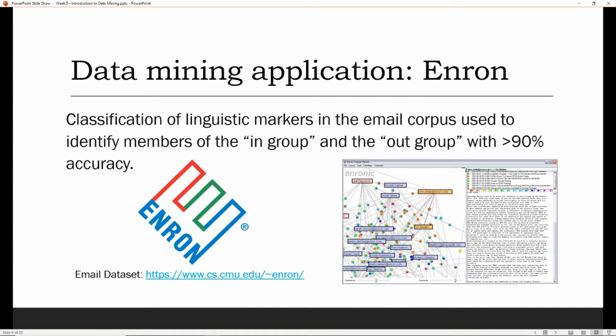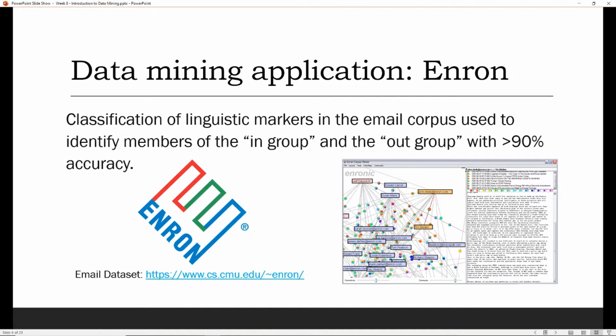Enron engaged in many illegal activities, including that of rerouting power in the western United States, and it provides an important email corpus for the purpose of linguistic analysis. So the corpus is available here if you would like to check it out. It essentially is the text of all of the emails that were sent to and from members of the Enron organization. And much work has been done in the area of classification in terms of, for example, can we run